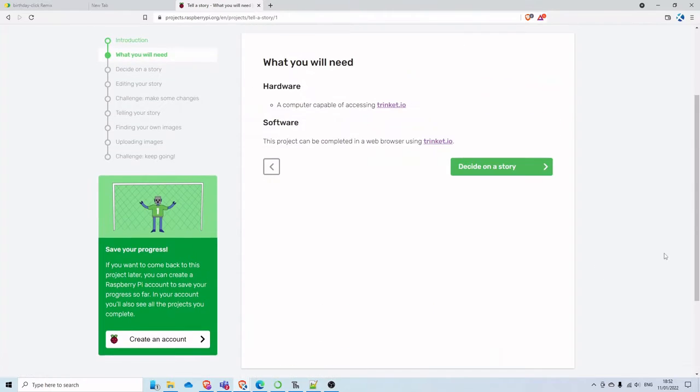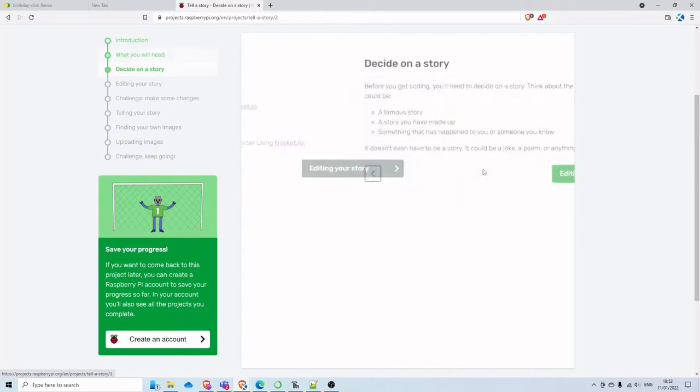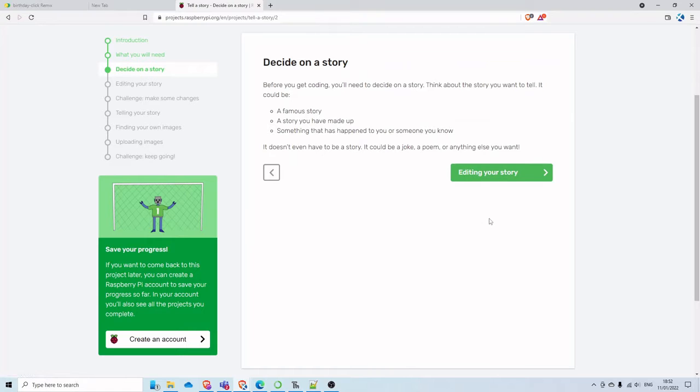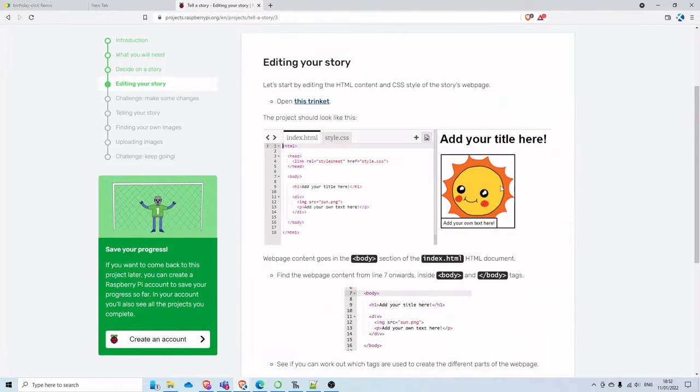So what are we going to need? We're going to need Trinket again, and one of the hardest things I think we've got to do is to make up your own story. So I've got a joke in the back of my head that I'm going to try and do. It's different to the one they've done, so let's get going. So there's a starter project,